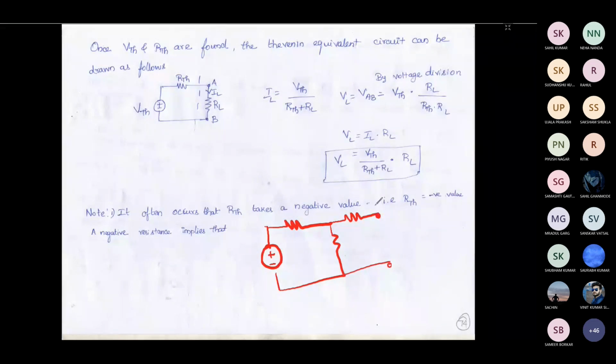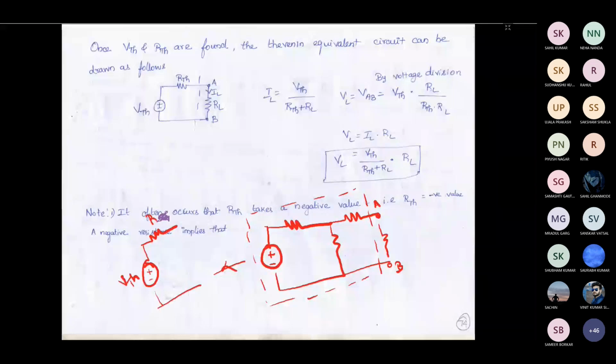What you need to do is find the VTH and RTH, that means VThevenin and RThevenin, and you are going to connect the load across these terminals A and B. So it is understood that this complete circuit is constant. Only these terminals A and B are going to vary. So in that case, the circuit in the dotted line should be replaced with a voltage source with a resistor in series. That is what we have to do. So two things we need to find: one is VThevenin and another one is RThevenin.